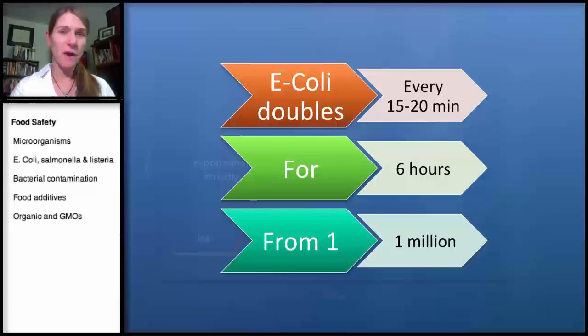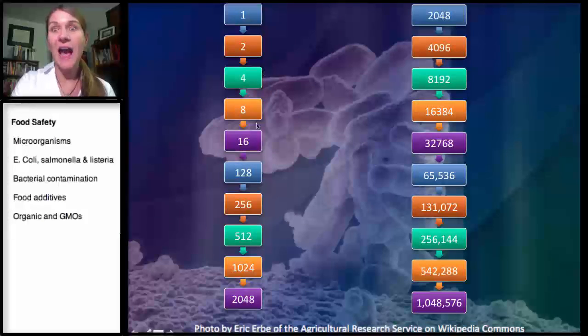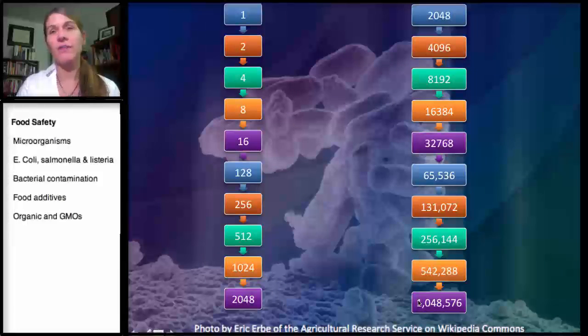Now, if we look at what would happen in a 6-hour period if it was in between that 40 to 140 range, we basically go from 1 bacteria to 1,000,000. So look at this. And this just shows you how that exponential growth rate, when you're doubling, how fast it can get to 1,000,000. So these are just 20-minute increments, and generally over 6 hours, you go from 1 bacteria to 1,000,000.